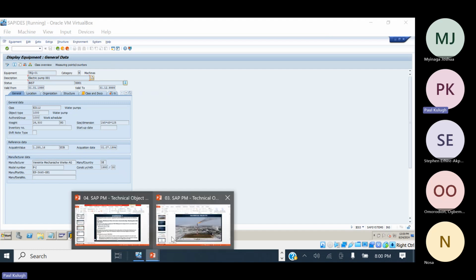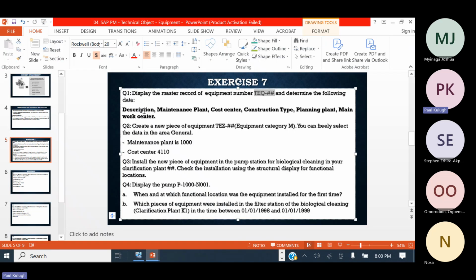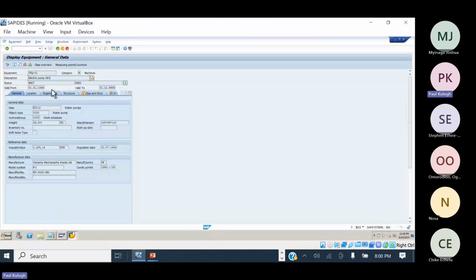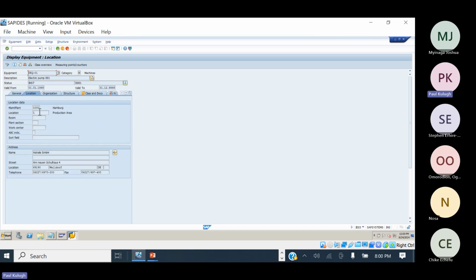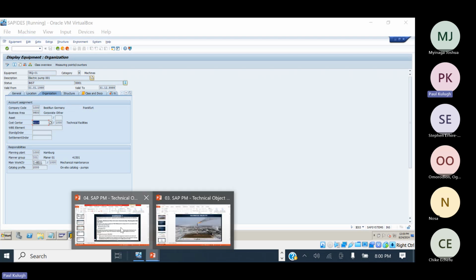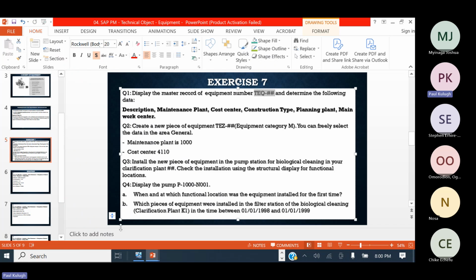So the question says we should determine the description, plant, maintenance plan, cost center, construction type, planning plant, and main work center. So the description is what? Electric pump 001. What again? The maintenance plant is 1000. The main work center is T-ME01. The cost center is 41100. So these are the information we're asked to determine in this, just to make you familiarize yourself with going around